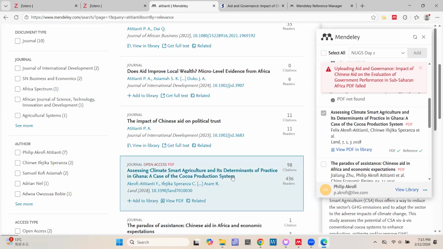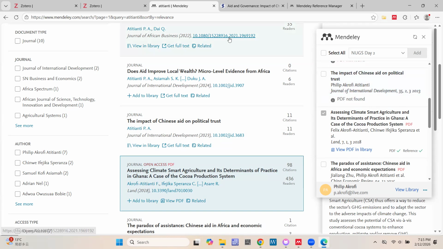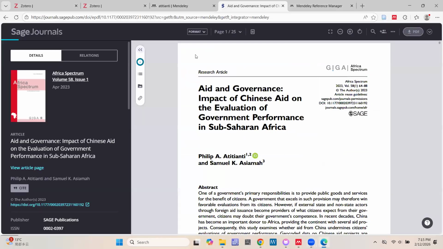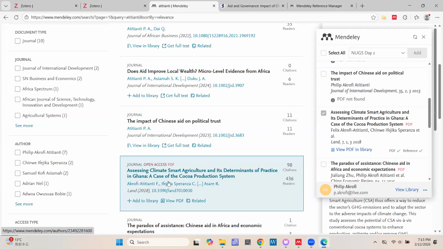So I think the struggles that Mendeley faces depends on perhaps the dynamics of the website or the journal website. Because it couldn't get the file that was on Sage website, but it was able to get this particular file.